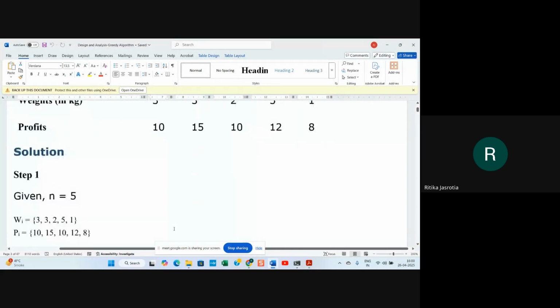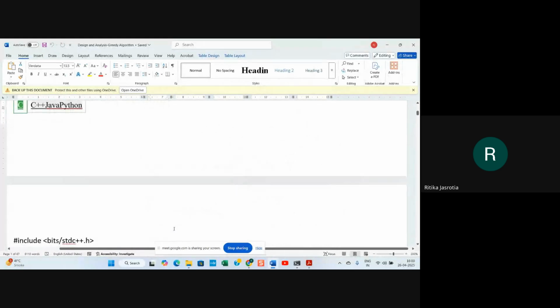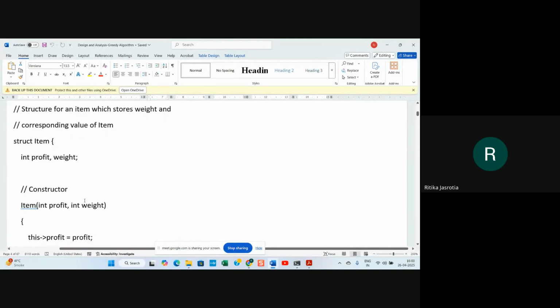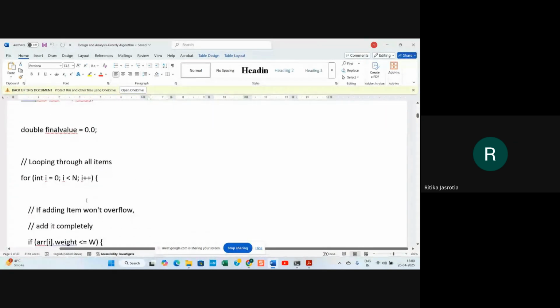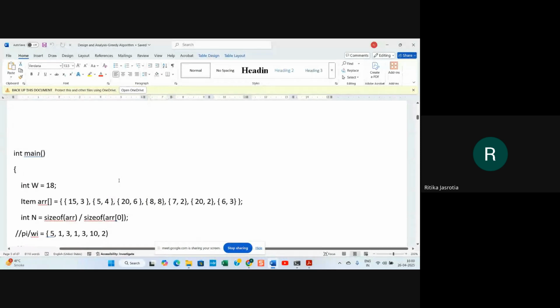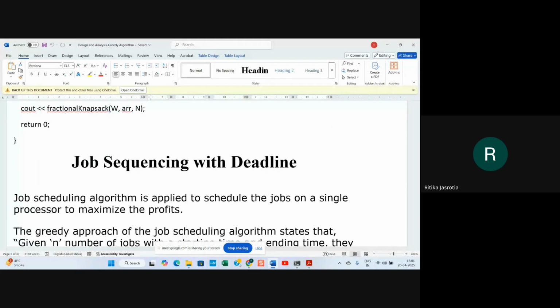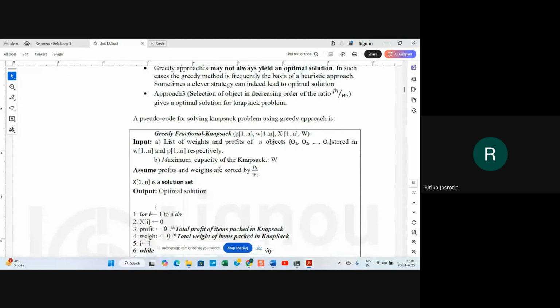This algorithm which we have written here, now you have to implement it into a program. So when you do the practical, the algorithm has to be converted into a program. We will see that in the practical sessions. Right now I'm not explaining the program, we will just go through how the problem is solved. Then in the practical session we will solve the problems. So this is what fractional knapsack is.